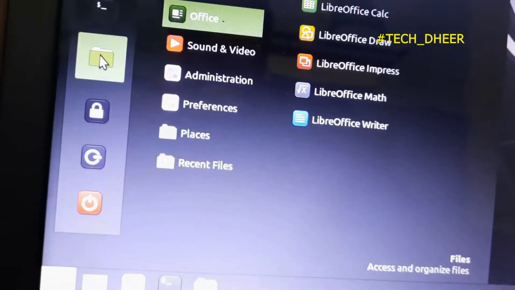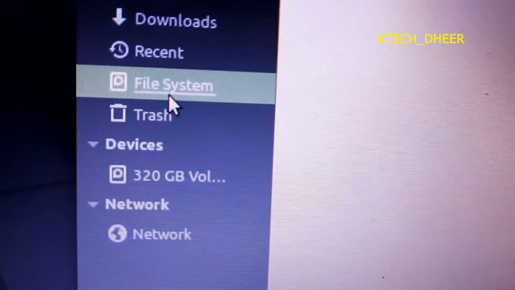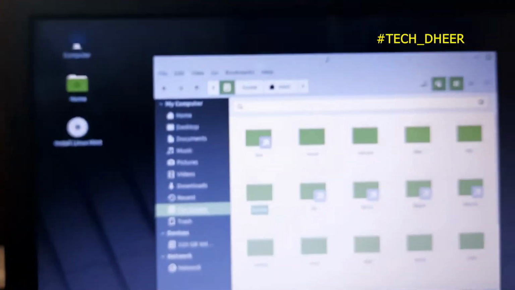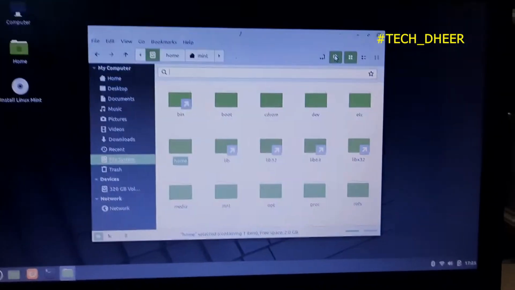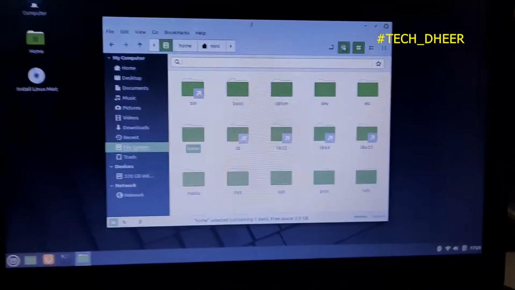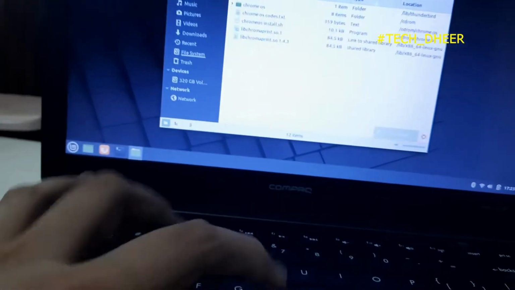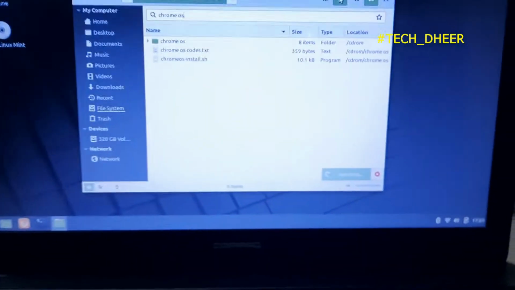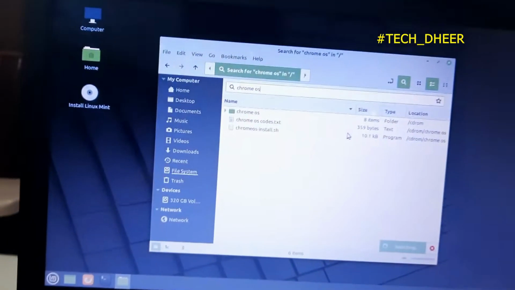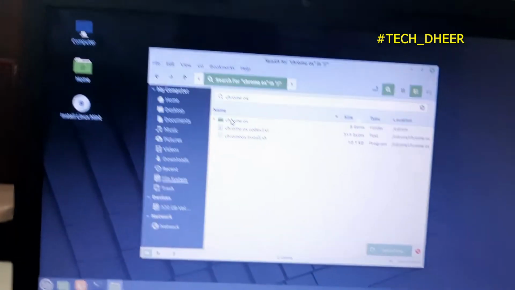Just click on that, and then you will reach over here, click on file system, and after clicking on file system, search for the folder name. For me it was Chrome OS, so I'll click on this search bar and search for Chrome OS.